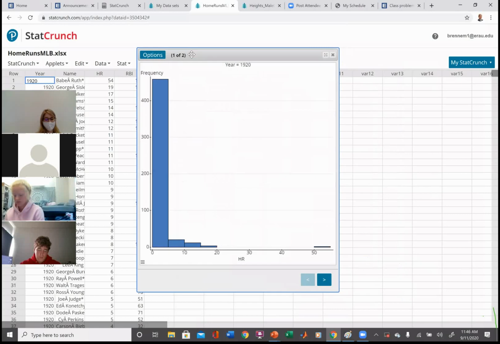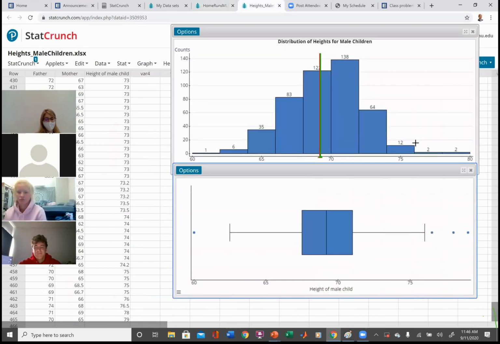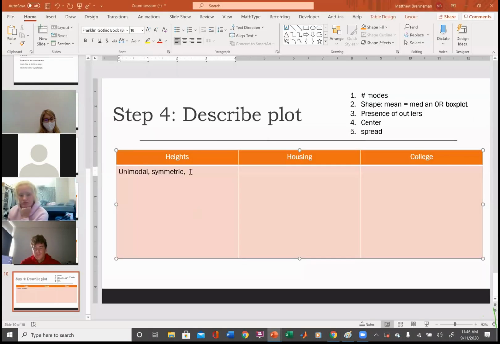This is an outlier. See this here? Far away from the rest of the distribution. An outlier is an outcast, okay? Far away from everyone else. This isn't an outcast. If you want to play around with language, this is on the outskirts, okay? It's still in town, but it's on the edge. So you want to be careful about that. And I can go back and fill this in.